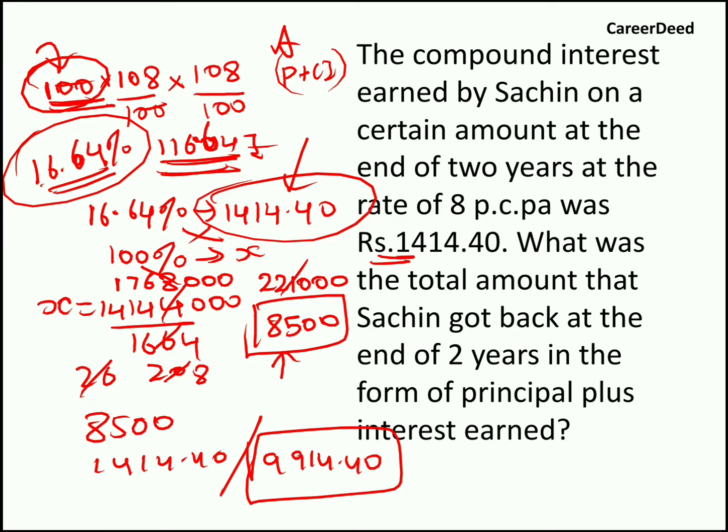Hope you understood the concept, right? So if it is 8% per annum, what we have to do? Instead of 8% per annum, if it is 6% per annum, we have to multiply 106 by 100 into 106 by 100 to find the total interest. If you equate the total interest with the percentage, you can easily find the total principal by equating with 100%. So 100% equal to x, you will cross multiply, you will get the 100% value. Just multiply the interest with the 100% value, you will get the total amount. Now moving to our 10th question.